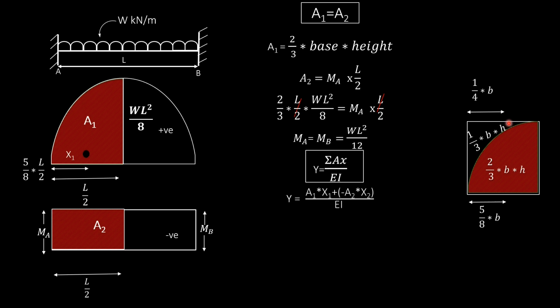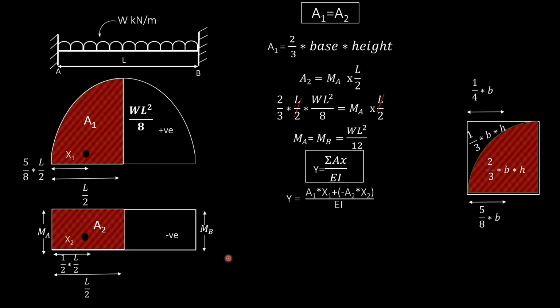So it is very important to know these values, because for a cantilever type of beam, if you want to find out the area for a cantilever beam carrying UDL, then you have to apply this formula, 1/3 times base times height. And if you want to find out the centroidal distances, you have to remember these values. So now we have found out x1. X1 is equal to 5 by 8 times L by 2, since we are considering centroidal distance from the end support A. And what is x2? X2 is nothing but 1 by 2 times L by 2.